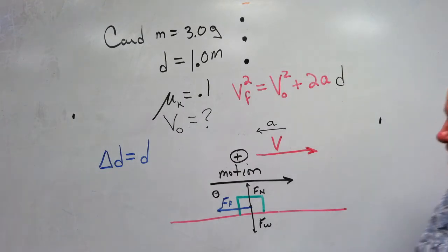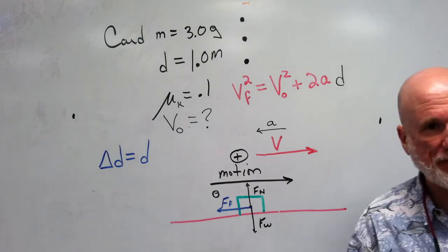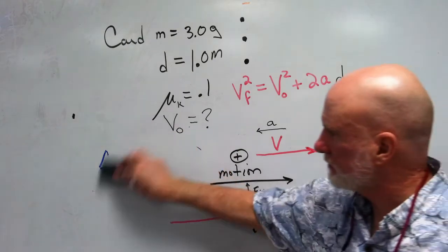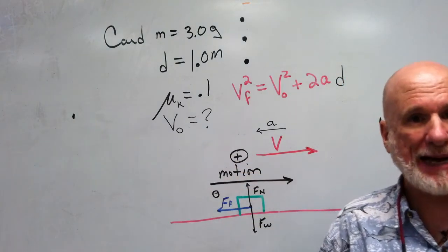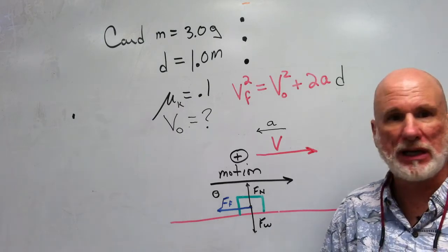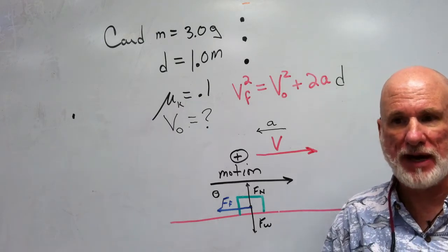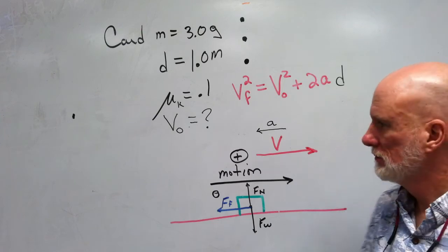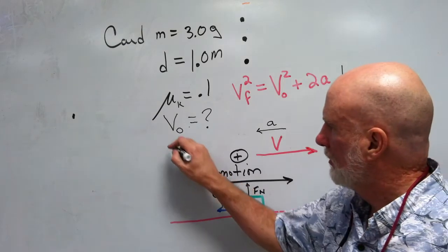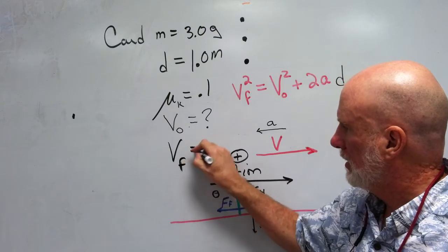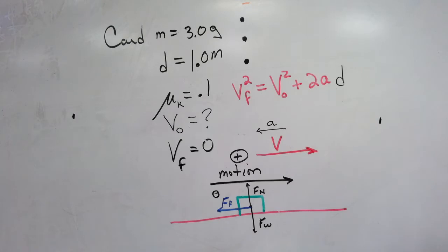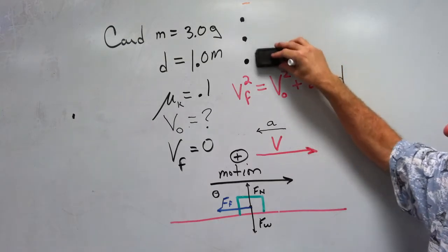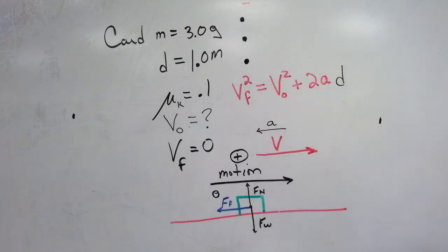Okay? Easy? Now, one more piece of information that I want to tell you. What's the final velocity? Well, read back at the problem, and it will clearly say that the final velocity is 0. So I can put that down. Final velocity equals 0. Easy? Now, let's do the problem. I have 3 dots up here. And I'm going to